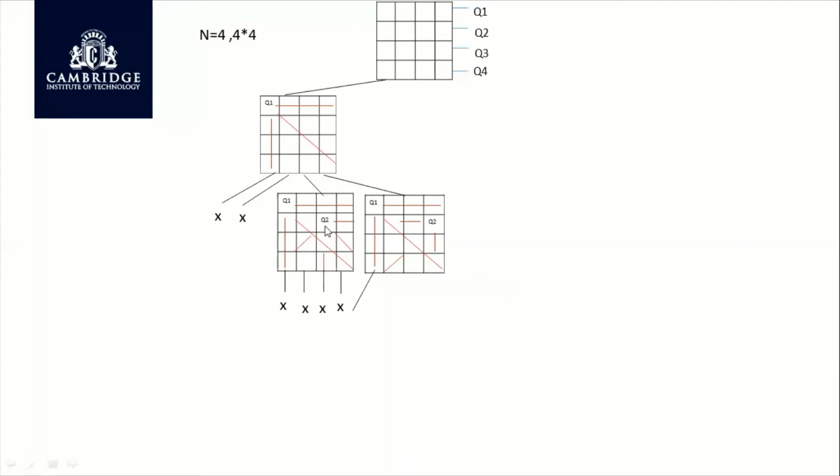So for queen 2, we explored column number 3, and then we found that we are not able to place queen number 3. So we have made a wrong choice for queen number 2. The next acceptable position which we could explore is column number 4. So we changed Q2 from column number 3 to column number 4. We have done backtracking here. By placing Q2 in column number 4, this row gets blocked. This column also is getting blocked. Have we got an acceptable position for queen number 3? Yes, ma'am, we have got a position.